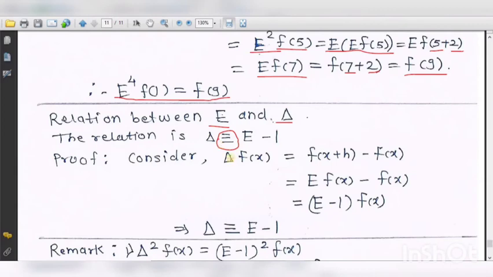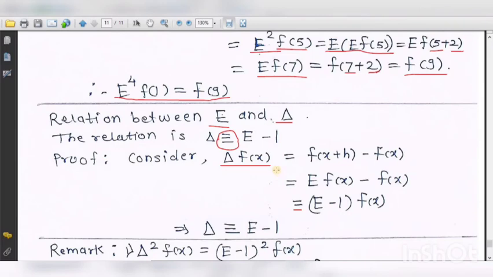But when we apply it on the functions, now look here. Here I am applying it on the function, so I am writing equal to. In the examples we will do that. Delta f of x equal to, we are getting it. When we are applying it on the function, then there will be an equal to sign. Otherwise, if we are writing only the relation between these two operators, then delta is equivalent to E minus 1. Now let us see how we can prove it.